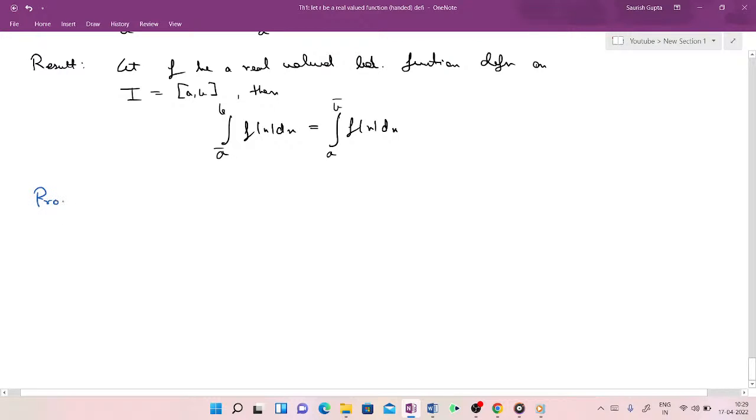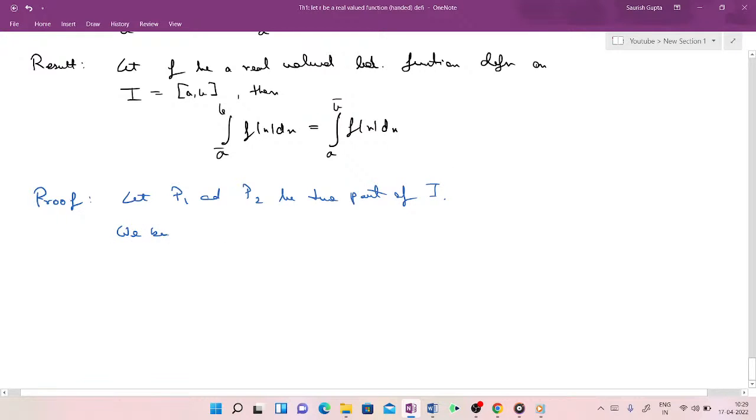Proof. Okay. Let's say you have two partitions. Let us generalize the concept to take two partitions into consideration. So let P1 and P2 be two partitions of I,